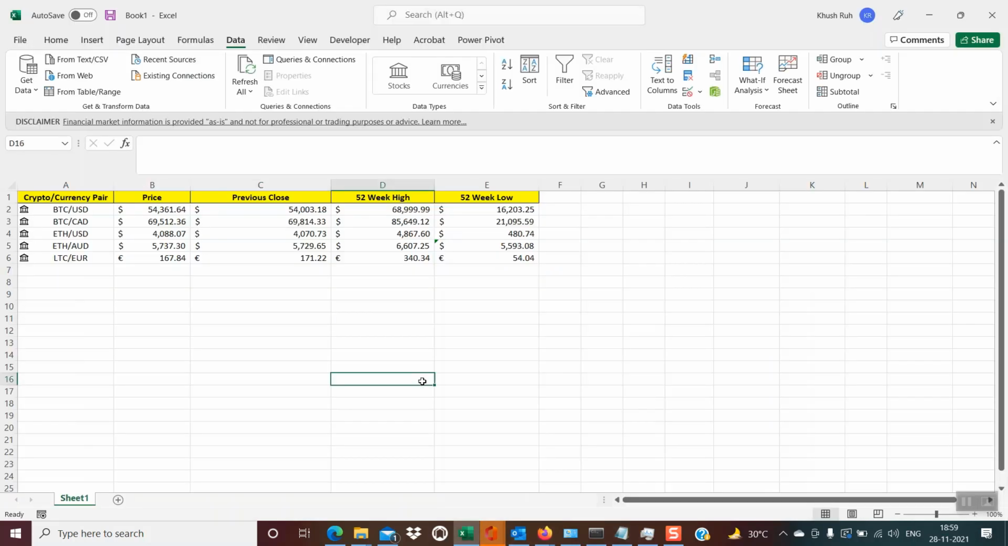So this is my Excel workbook, and in column A I have some cryptocurrency. You could see this is the BTC and USD. BTC is the Bitcoin crypto and USD is the US dollars. So if I want to see the price, I have already fetched the price, which I'll show you in a few minutes how to do it. But if I just click on this refresh all, you could see it is refreshing and it is giving me the latest rates. So how we can achieve this using Excel is what I will be explaining to you in this